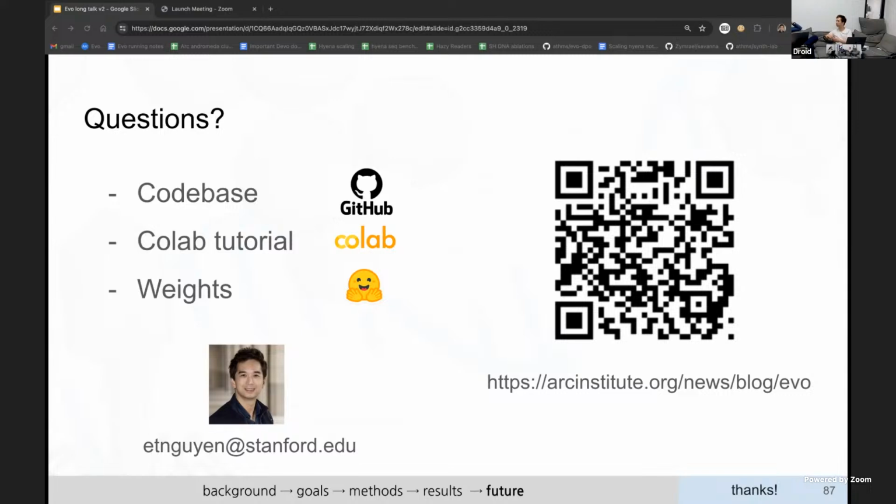Can I ask a quick question just as a non-bio person in the room? Can you just talk a little bit about why being able to generate synthetic CRISPR-Cas9 systems is an important metric? Because I get the sense that you have an intuitive understanding of why that's important that I do not have. Yeah, that's fair. I also didn't really know why too.